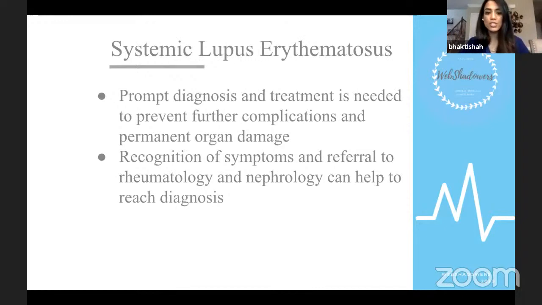Lupus is one of these conditions that is very wide on a spectrum. Some patients literally only suffer from a little bit of a skin rash when they're out in the sun. Others can have life-threatening multi-organ damage. So like I said, no two patients are the same. It's what makes the field beautiful. But lupus is one of the more challenging conditions to treat in rheumatology. We can definitely get patients into remission, but this, along with many other conditions, there's not a cure for it yet.